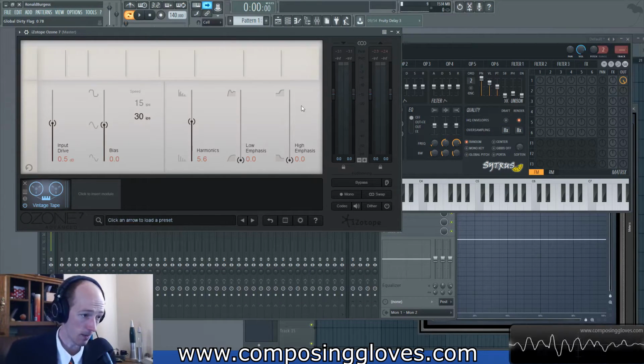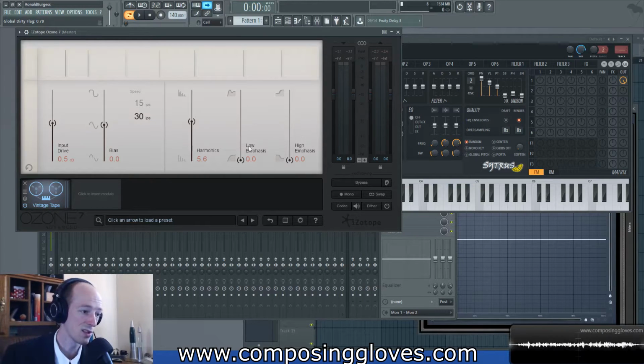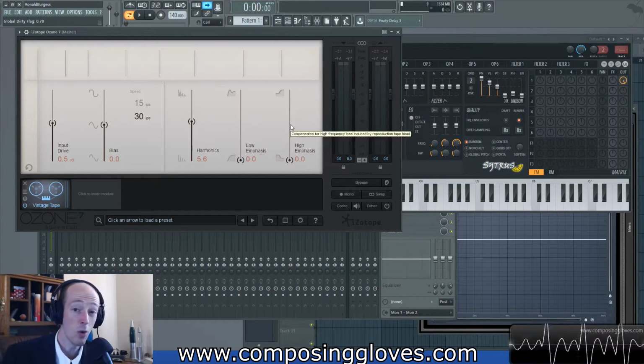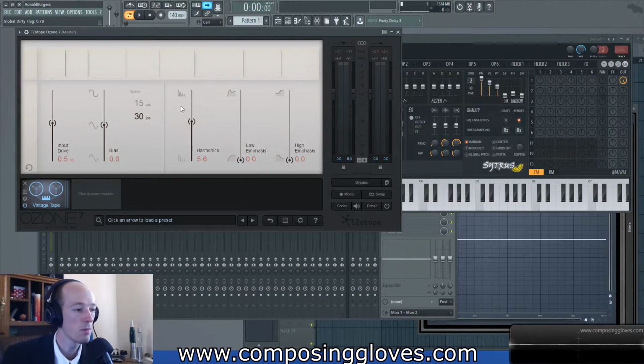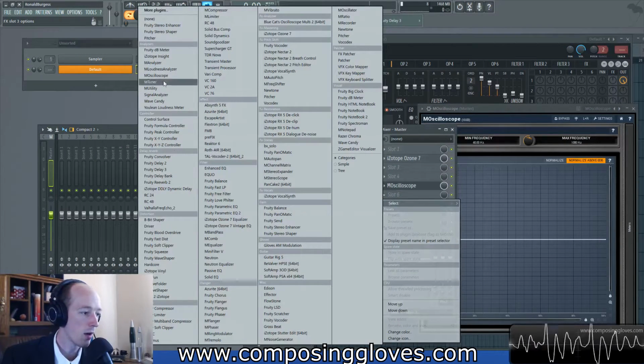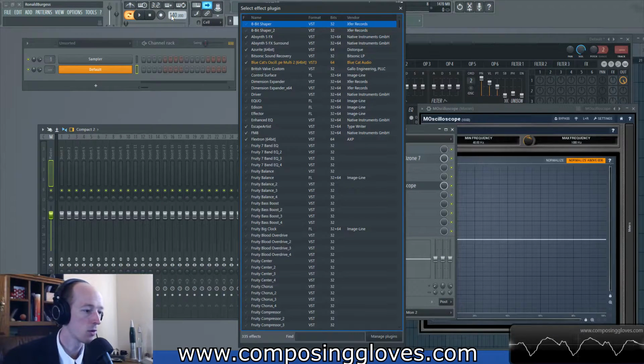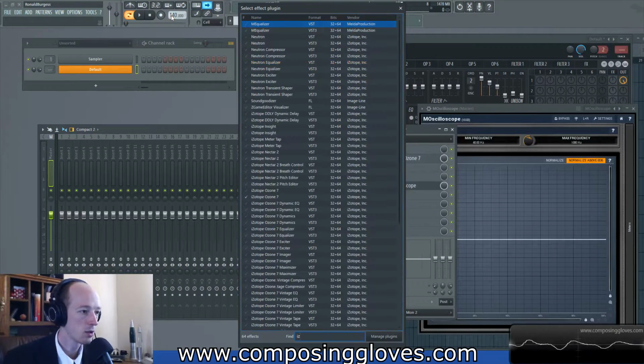So anyways, that's tape emulation. You're going to see a lot of these. If you see wild flutters, it's probably going to be something similar to this, maybe a little more severe. And it will also cause pitch variations, which are a big part of this. So sometimes if this isn't doing it for me and I want it to sound friggin' old, I will grab a plugin. It's free. That last one was definitely not free, but this one's free. It's by Isotope